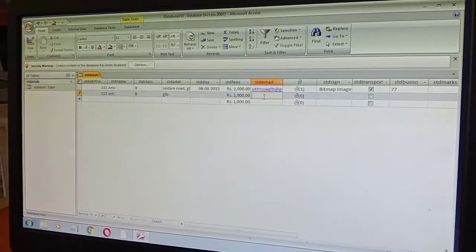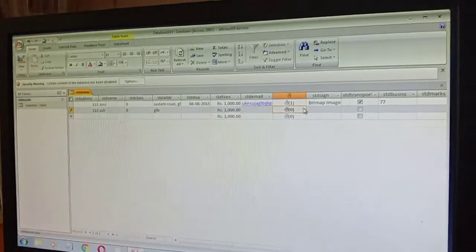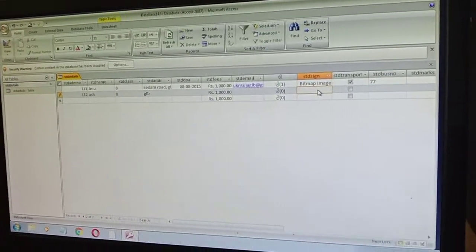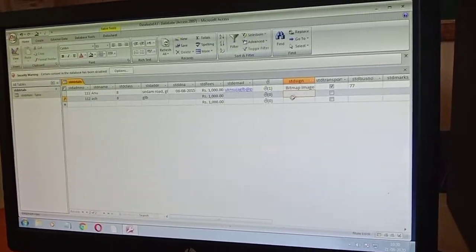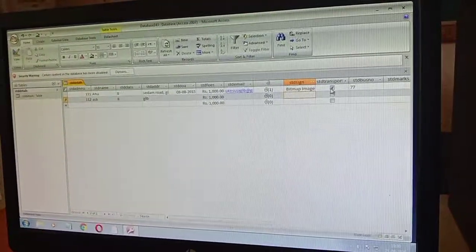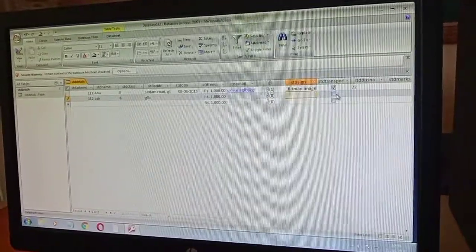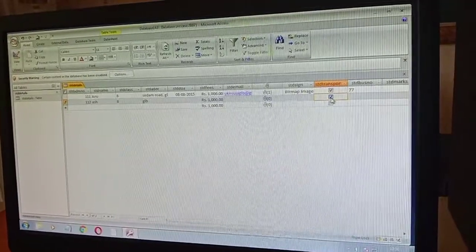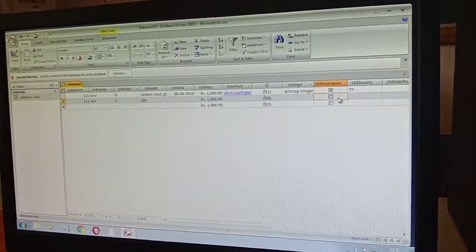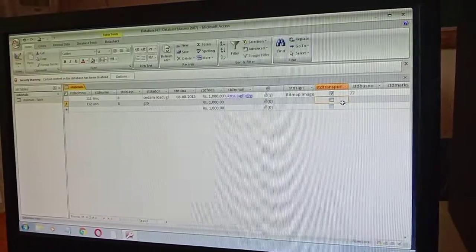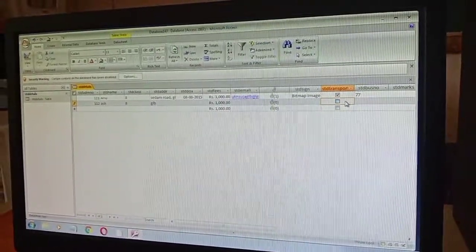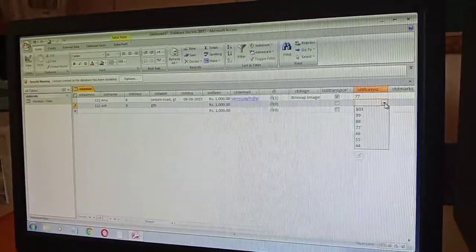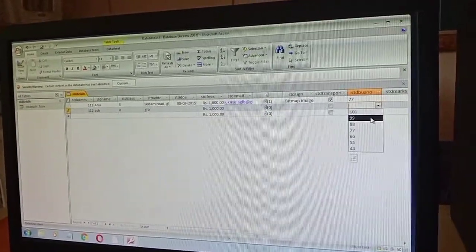Email ID. Then next you have the attachment, that is photo, and signature, that is an OLE object, which diverts to the system. The source file will be from the system and it will be attached here. Student transport we have selected is a yes or no field. If you enable it, it indicates that the student is availing the transport, or if it is disabled, it indicates that the student is not availing the transport from the school. Student bus number we have chosen here is a lookup wizard, that means you are selecting from a list.